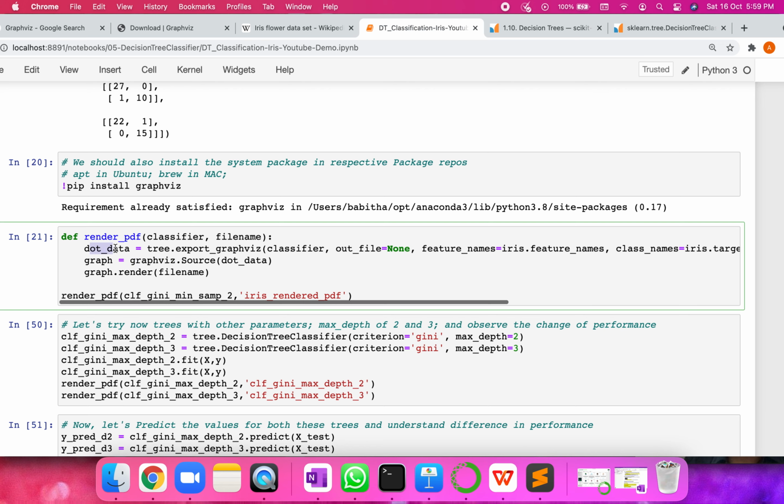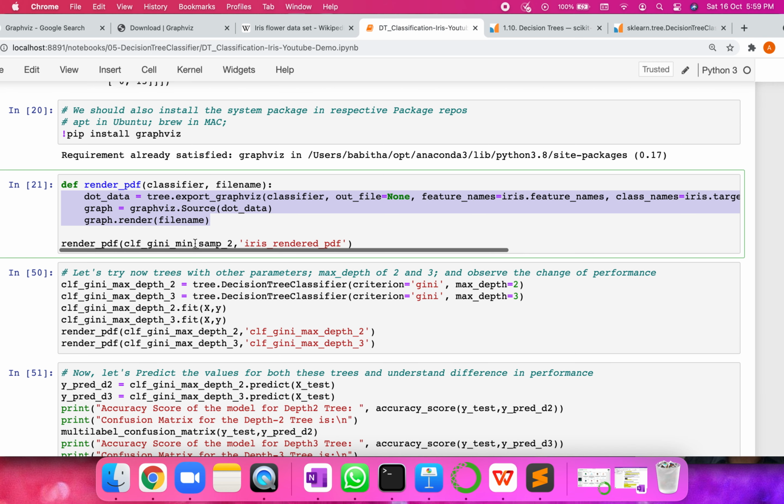By feeding this dot data, it will give us a graph which we can render into a file. So given a representation of graphical data, graphviz will produce very nicely filled-up graphs, right? We can see how it is in action.